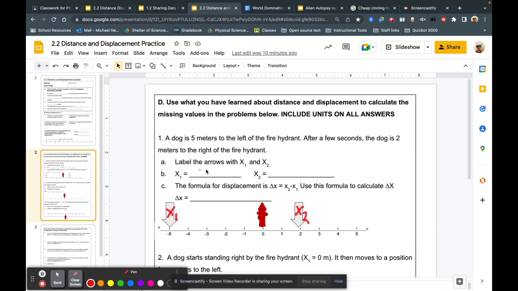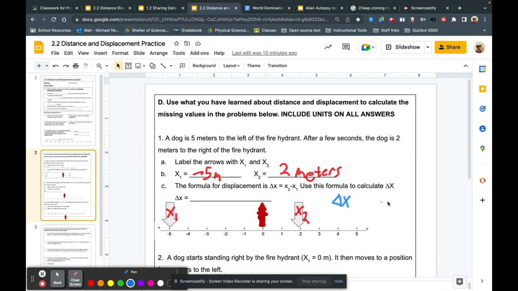Over here, we can write in the value for x sub 1 as negative 5 meters. Remember, it's got to be a lowercase m. X sub 2 is at 2 meters, so we'll write 2 lowercase m. You can also write out the word meters. Either way is totally fine. The formula for displacement is delta x is equal to x sub 2 minus x sub 1. So if I use this formula to calculate,